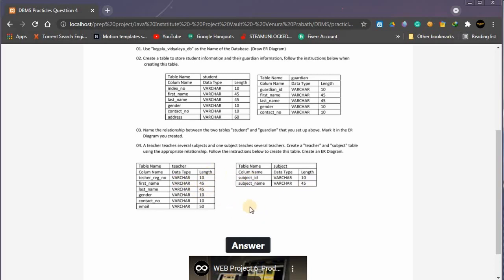Every time there's a many to many relationship, we have to create a new table which has a one to many relationship with the two tables which have a many to many relationship with each other. So let's go and create the teacher and the subject table first.